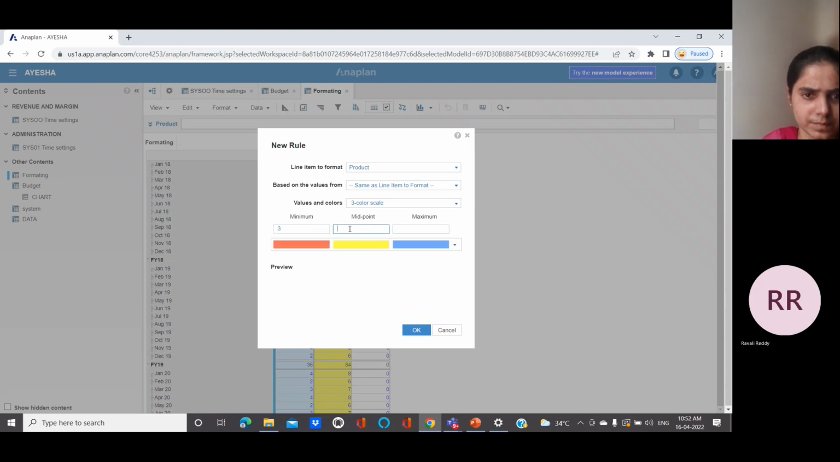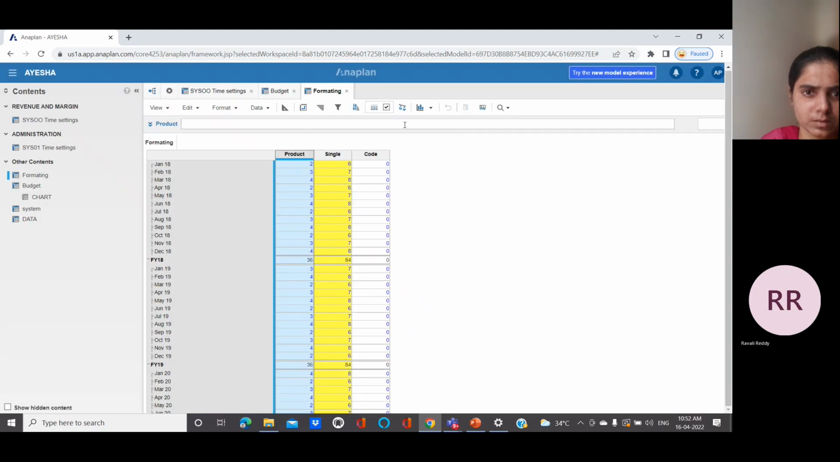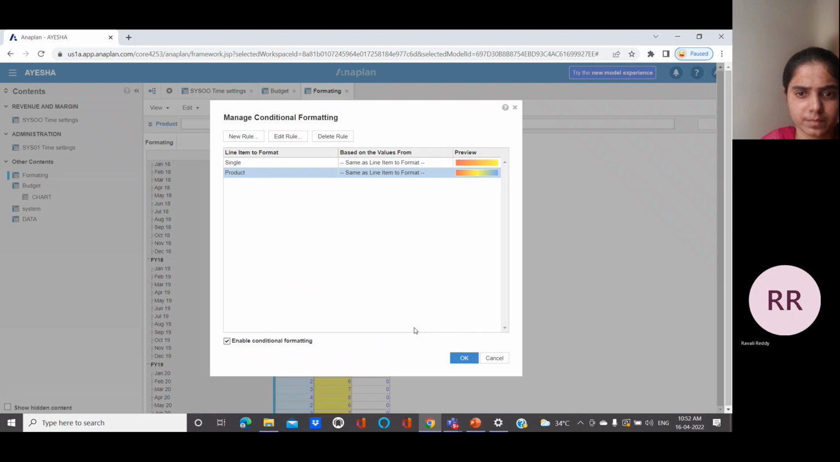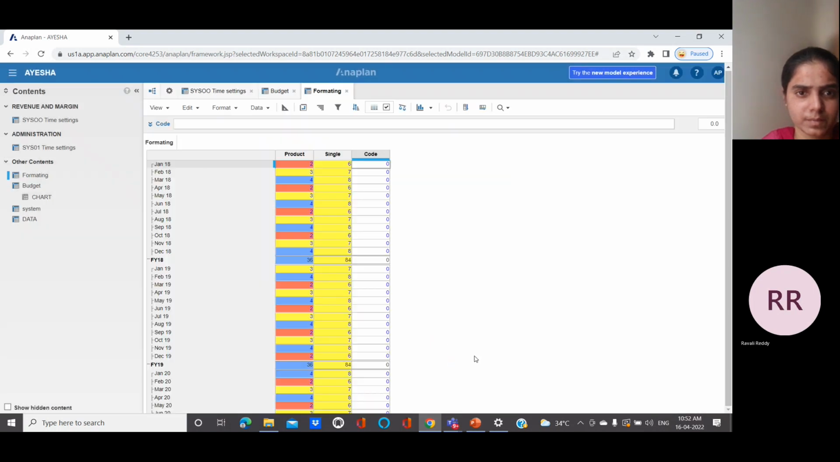3. 2, 3, 4. Now I'm getting here. This is the 3 scale, and here I use 2 scale. This is about conditional formatting